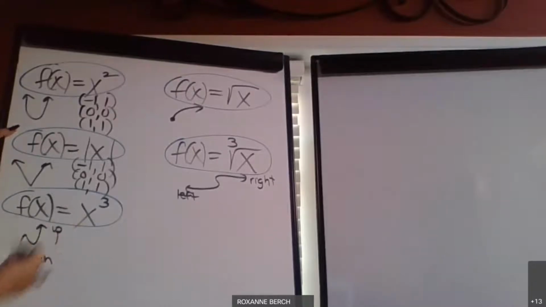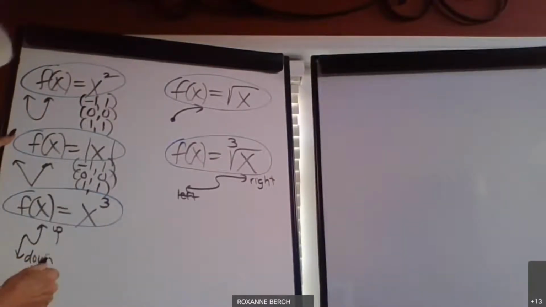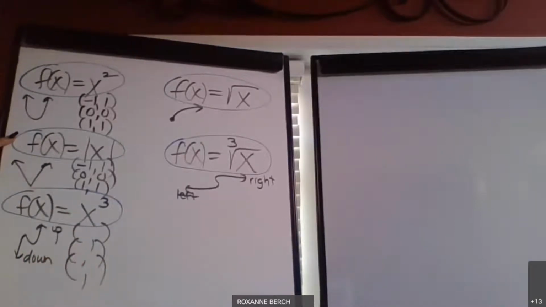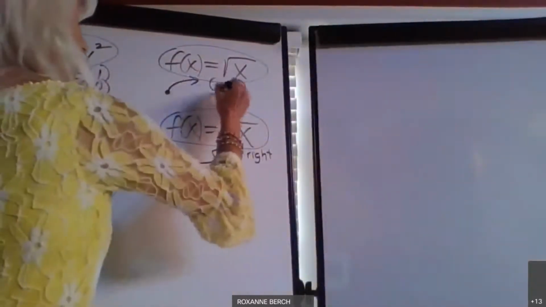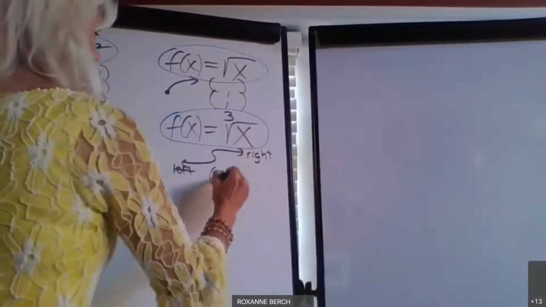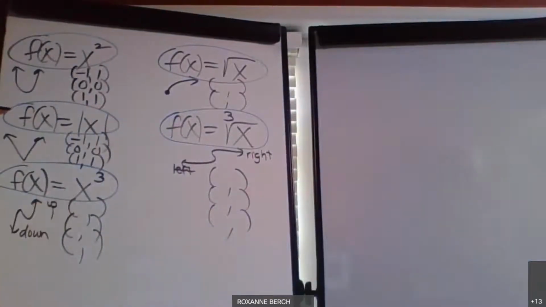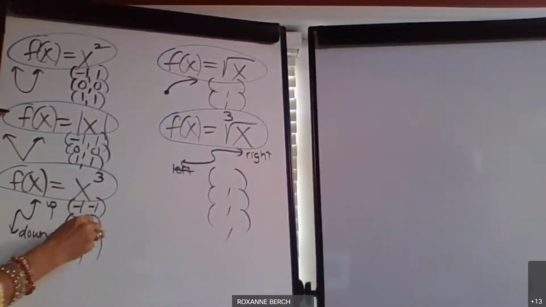Okay, who are the points for the cubic? Who are the parent points for the cubic that you're going to transform? Come on, you guys, put a -1 in. What's -1 quantity cubed? -1. Put in a 0. 0 cubed is 0. Put in a 1. 1 cubed is 1. I know you can do that, right? You can do that, right?